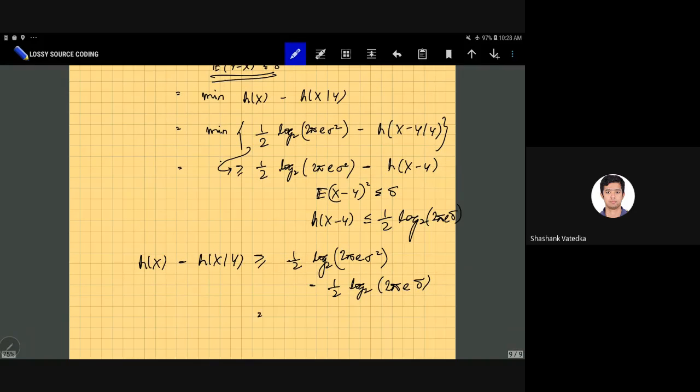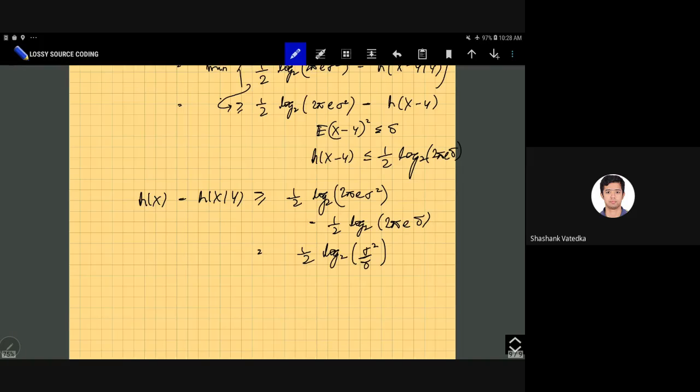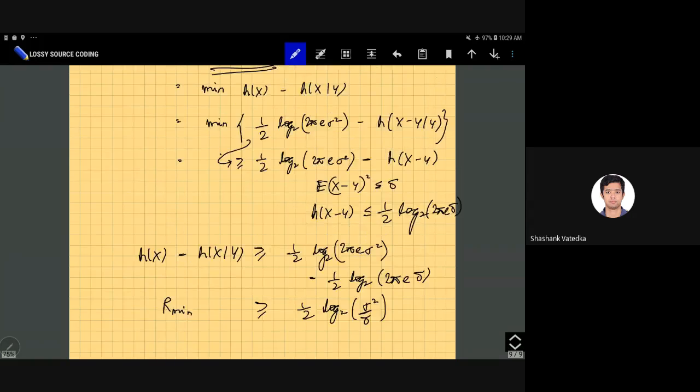So this is just half log sigma square divided by delta. Right? So the minimum rate of compression is always greater than or equal to half log sigma square divided by delta, and this is achievable because if we choose fy given x,